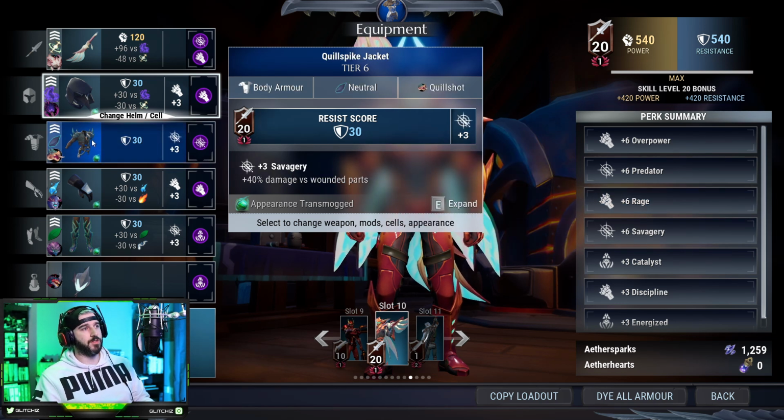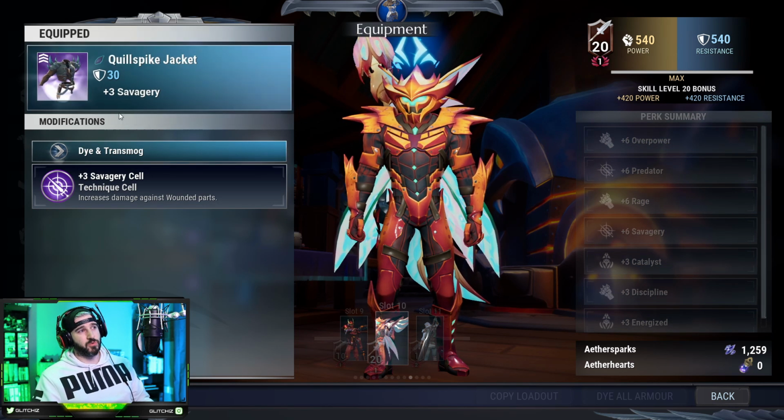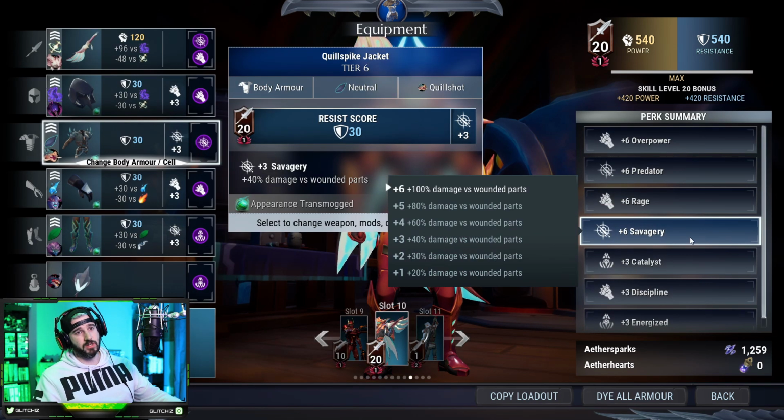For the chest piece, I'm using the Quill Spike Jacket. This is the Quill Shot chest piece. That will give us +3 savagery, and then I'm also putting a +3 savagery cell. And this is really important because what savagery does is at +6, it will give us 100% bonus damage versus